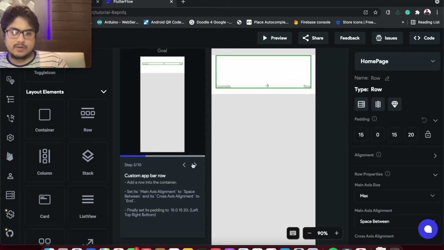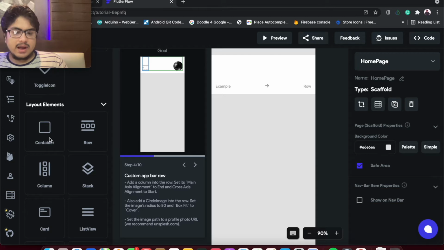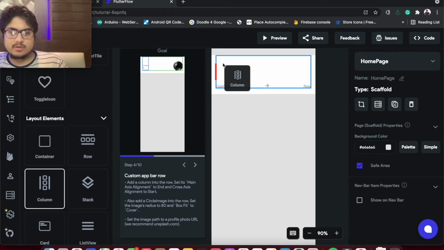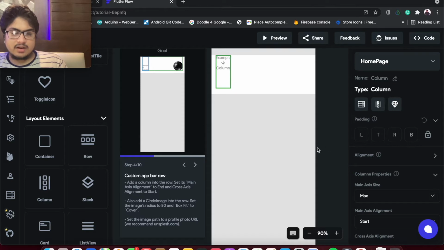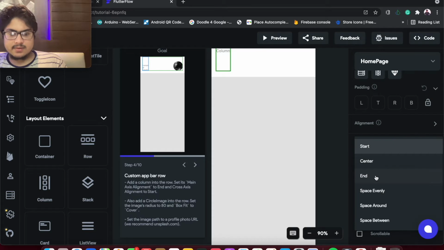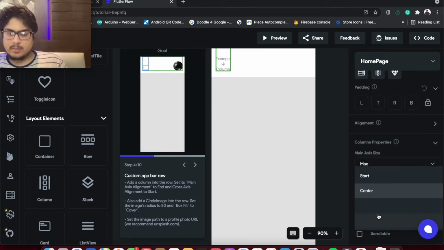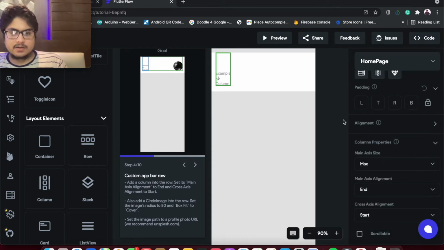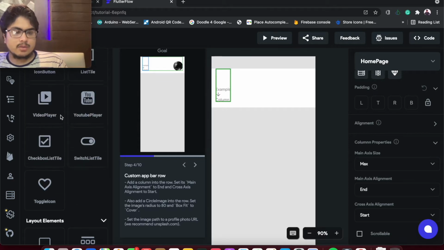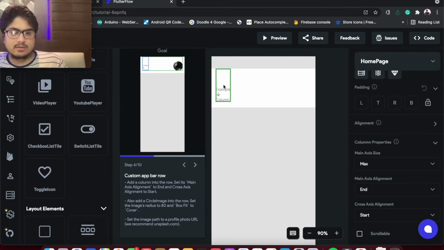Now we'll add a column in the row. So let's add another column here. The column is added. Set main axis alignment to end, and cross axis alignment to start. Now we'll add a circle image into the row. Mind that you have to add the circle image into the row, that means this blue area, not this green area.